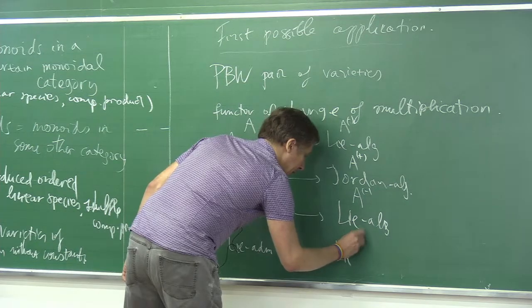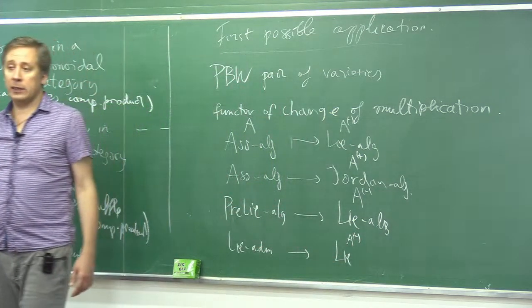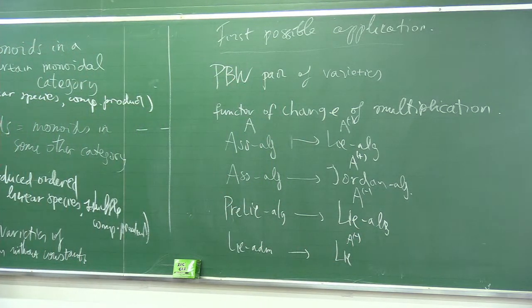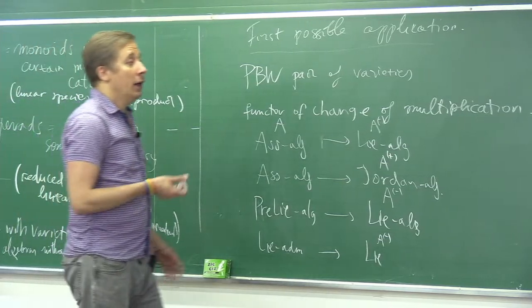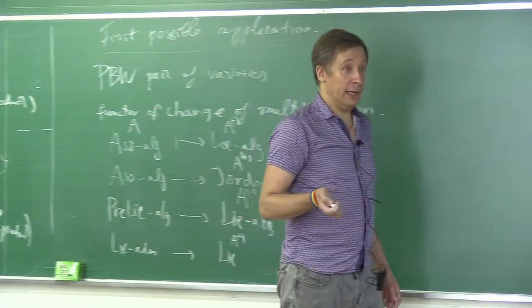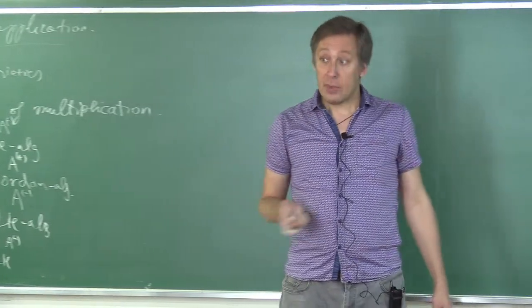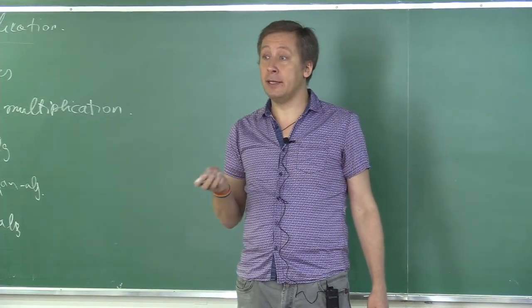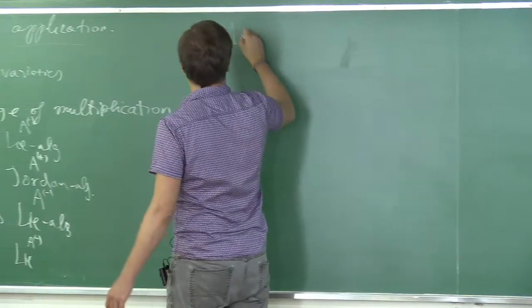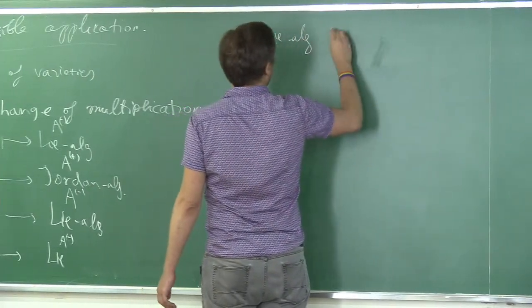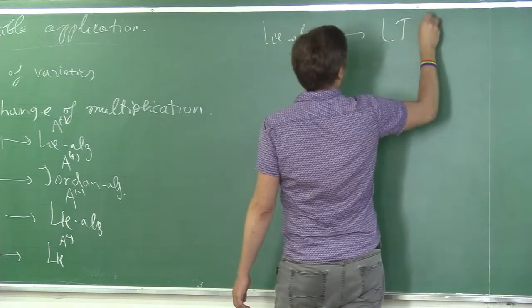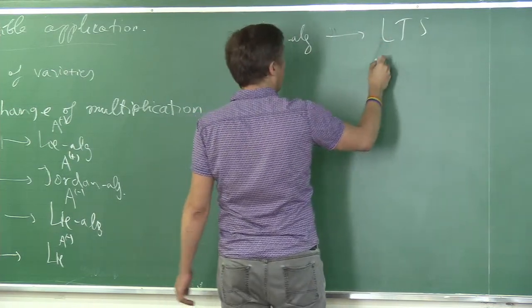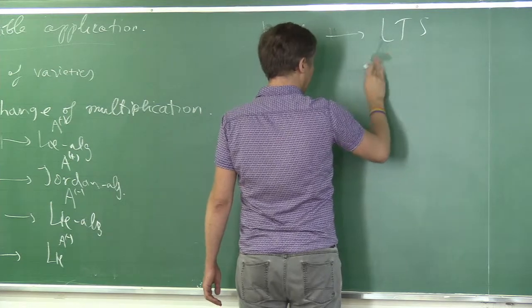The same A minus. But then somehow there are some more complicated situations. So for example, to each Lie algebra, you can associate what is called the Lie triple system. So an algebra with a triple operation that satisfies some identities. So Lie algebra is a functor into Lie triple systems where somehow we have an operation